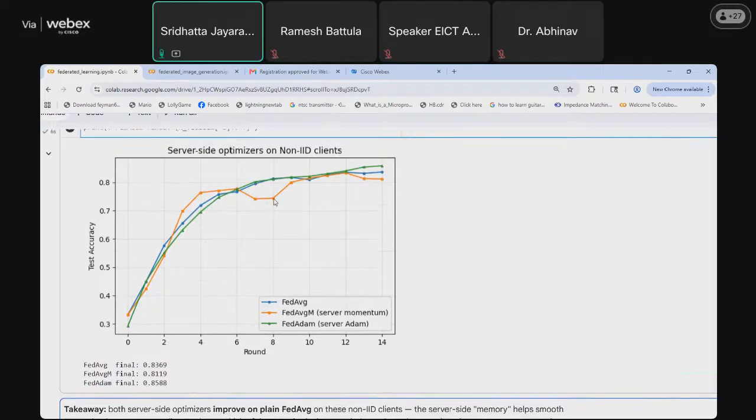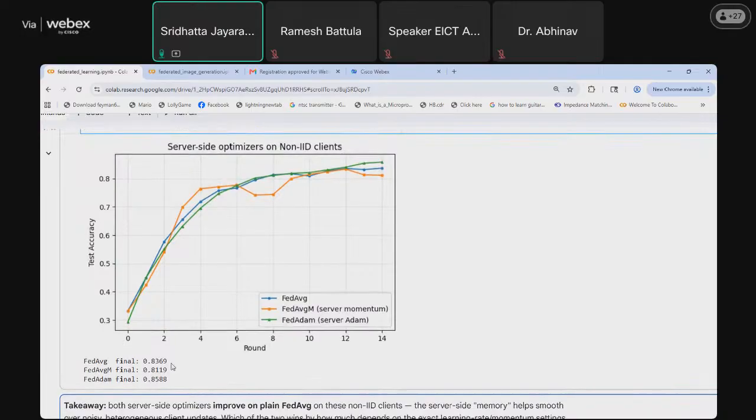The momentum actually has oscillations in the learning, while the learning of Fed average and Fed Adam was quite uniform. But when it translates to the final accuracy, it actually made differing claims.